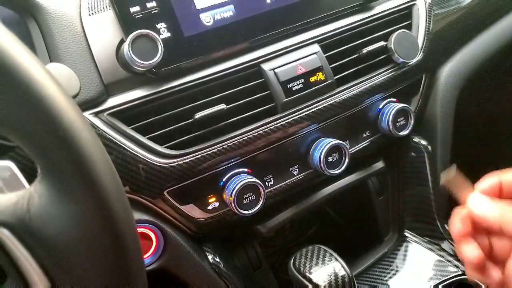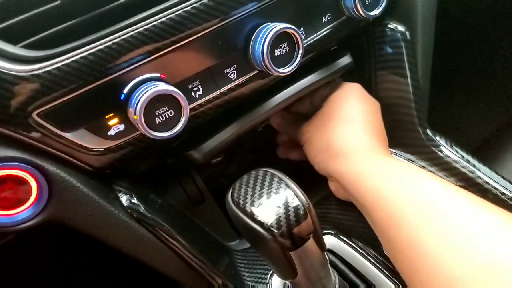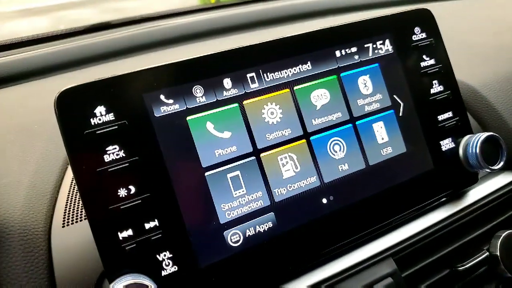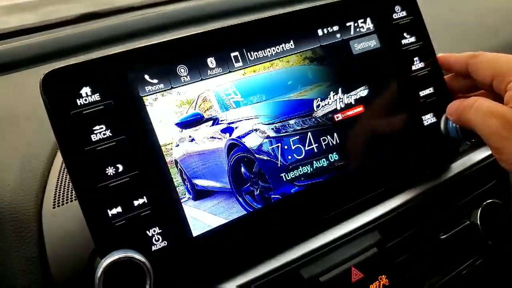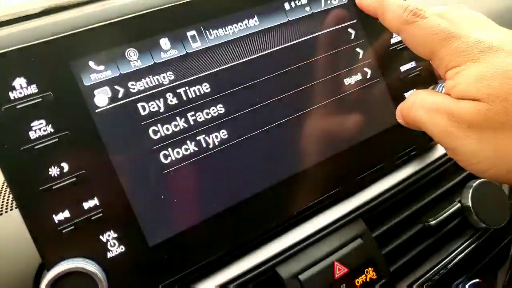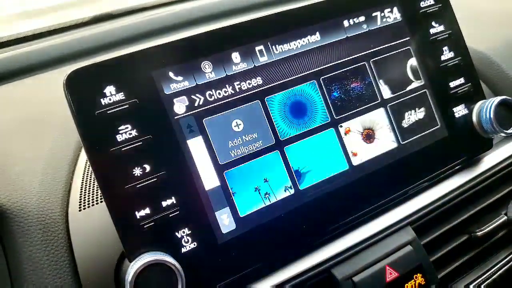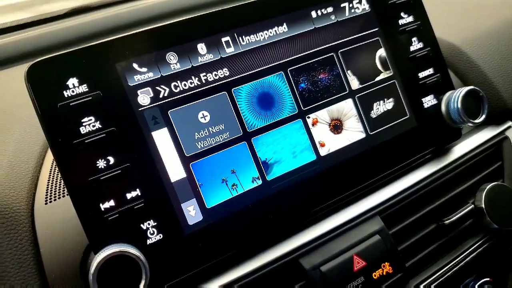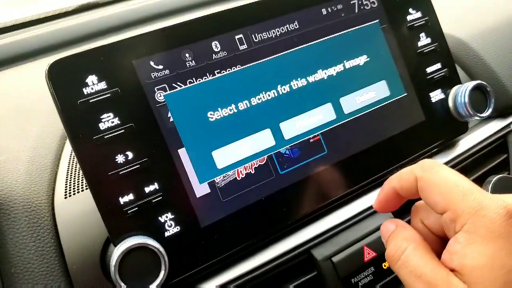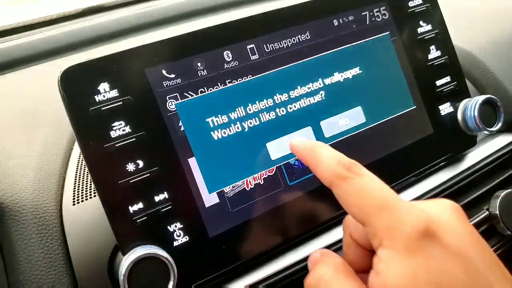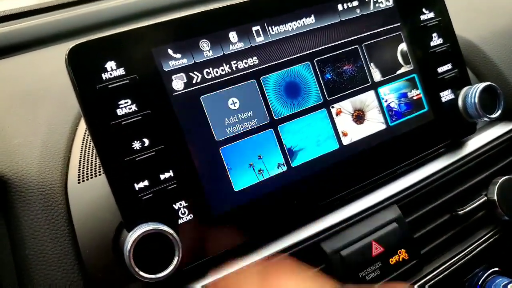Alright guys, once you have it, you're gonna disconnect my cable here, and we're gonna connect the USB drive into the USB. Then we're gonna go to the clock settings. You're gonna change clock faces, and here's where you'll add wallpaper. If you notice, I have some of them here already, which is the 3 that I loaded. I'm gonna delete this one here. If you tap on it, I'm gonna delete that and say yes. I'm gonna delete this one too, and that's how you delete them. But if you want to add them, you go to add wallpaper,